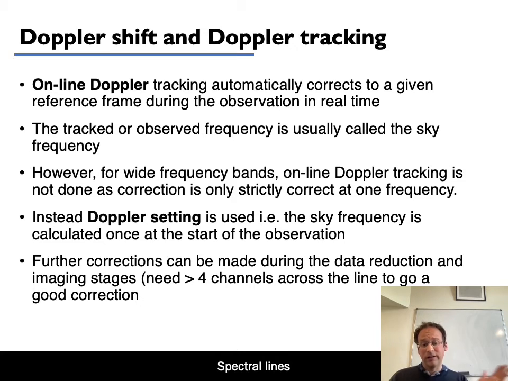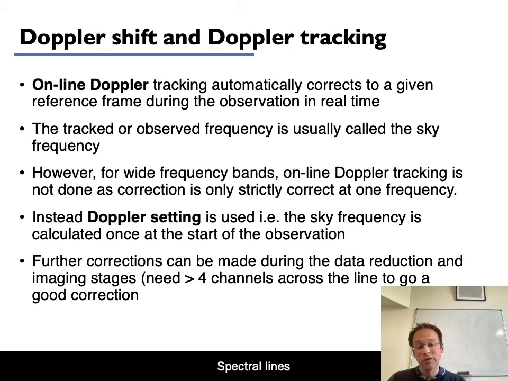And so if your telescope is observing at a fixed sky frequency, then the spectral line that you're observing is going to shift around by plus or minus 0.5 kilometers a second throughout a 12-hour track, throughout an observation. And so you may not want that to happen, because particularly if you're observing at high spectral resolution, where your channels are, or your line is narrow compared to 0.5 kilometers a second, you're going to see a significant fractional broadening of your line as it shifts around,